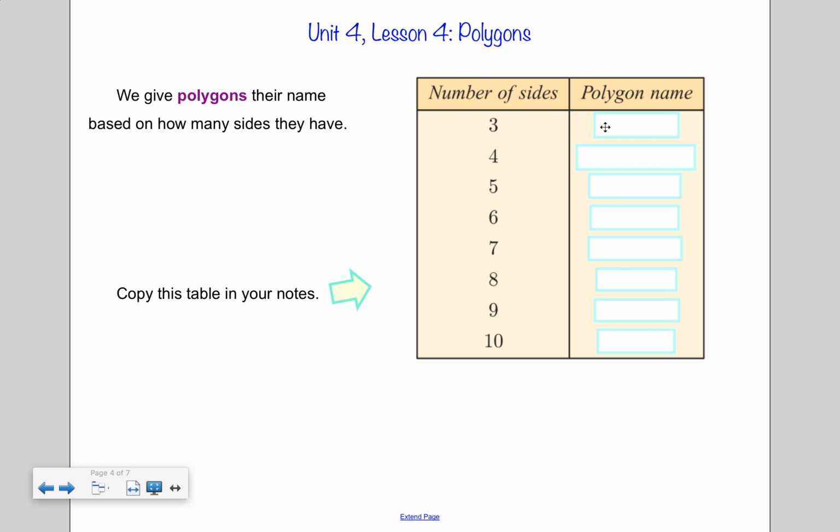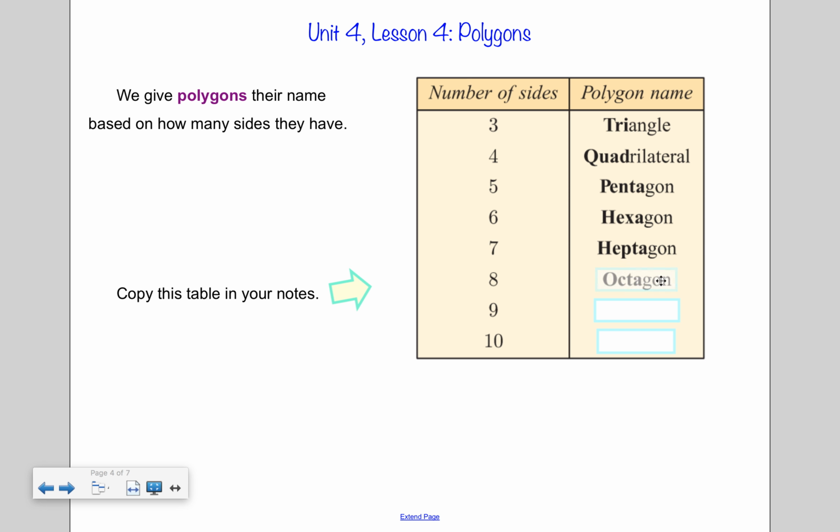A three-sided polygon is a triangle. I think we all know that. A four-sided polygon is called a quadrilateral. A five-sided polygon is called a pentagon. Six-sided is a hexagon. Seven-sided is a heptagon. Eight-sided is an octagon. Nine-sided is a nonagon. And 10-sided is a decagon. There are some more words for 11 and 12-sided, but that's beyond what we need to know here in